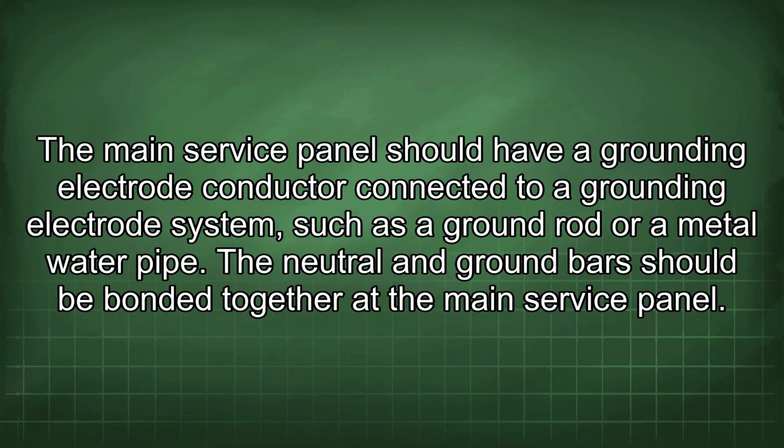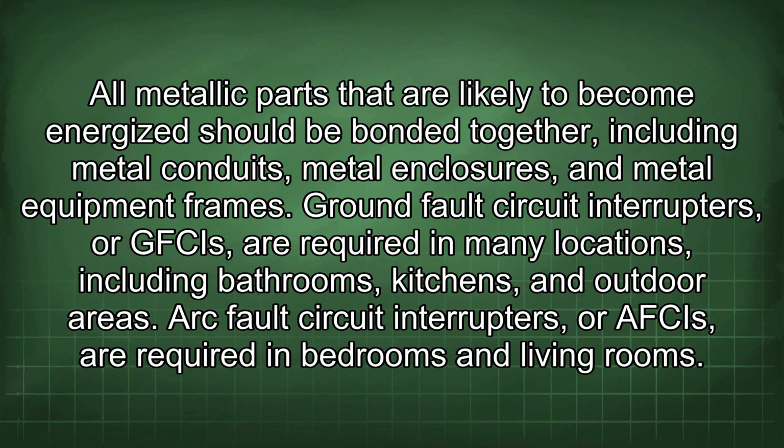The main service panel should have a grounding electrode conductor connected to a grounding electrode system, such as a ground rod or metal water pipe. The neutral and ground bars should be bonded together at the main service panel. All metallic parts that are likely to become energized should be bonded together, including metal conduits, metal enclosures, and metal